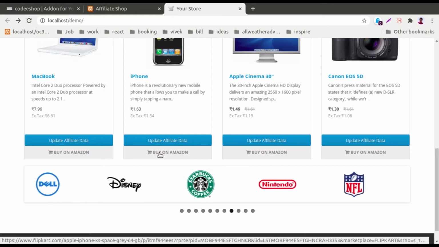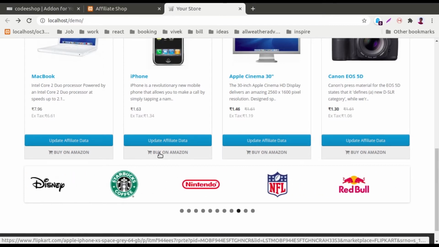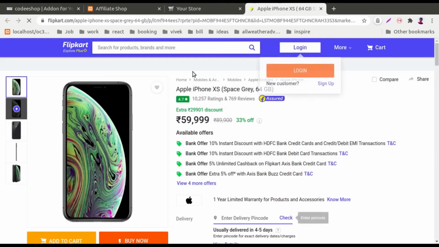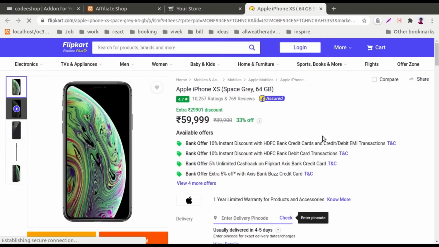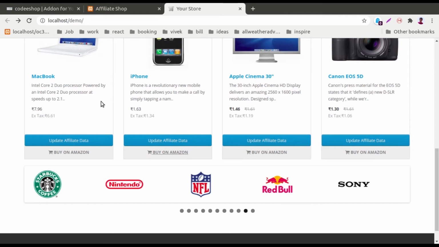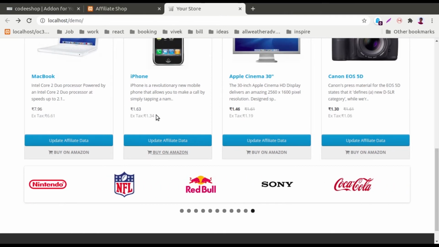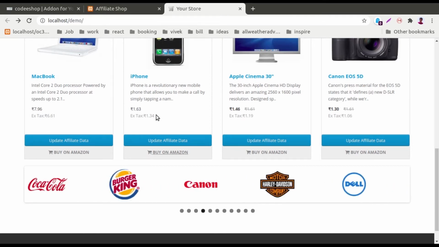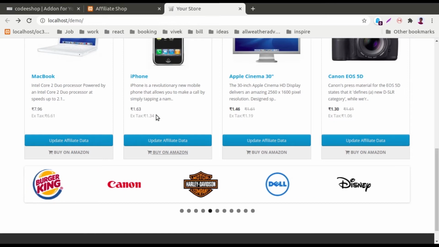Let me just quickly click it, and you can see that it is opening the product page in Flipkart. So you can edit any product in your website, and then you can use that product for affiliate marketing.